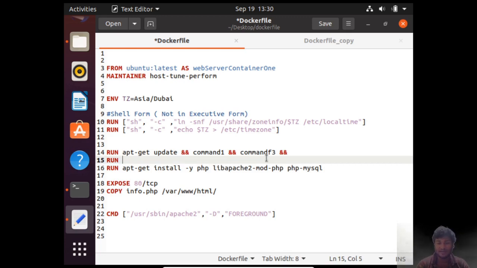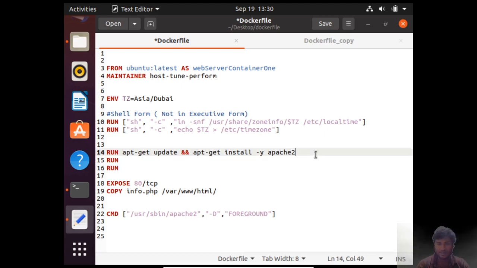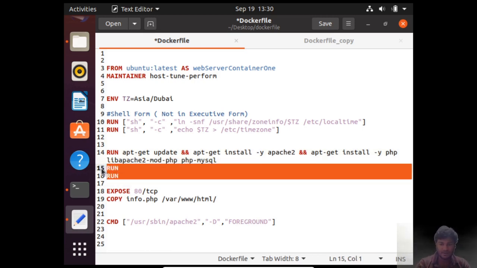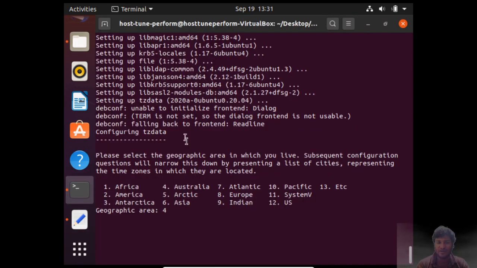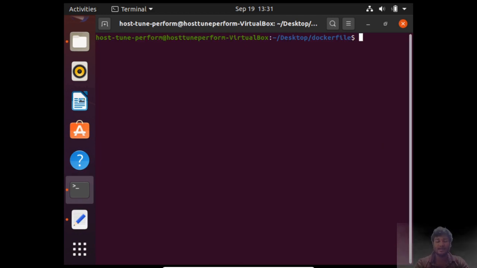So I will just cut it and paste it. It will run both of these commands, and in a similar way I will just cut it and paste it, and let me delete it and save it. Now this should be executable, and it will not stop at this point. Whenever you are hung up in your terminal, what you need to do is just press Control and C. You will come out like this, then say clear, and again I will say sudo docker